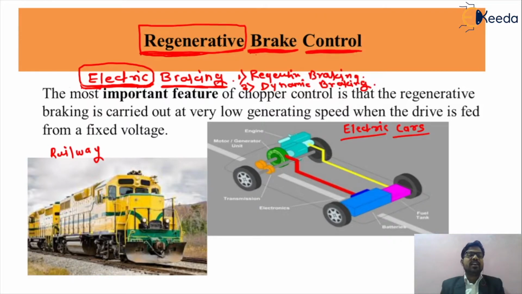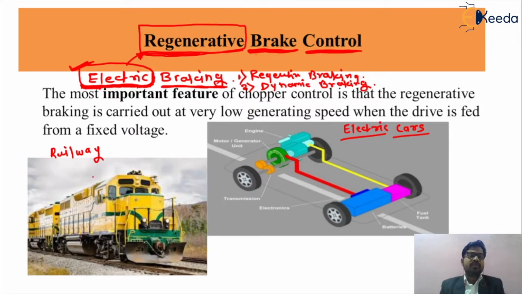So what are the different advantages of electrical braking? Due to the presence of the electrical circuit, the response of such braking is very fast, and by the use of different power electronic devices along with the electrical circuit, braking has less noise and fewer losses. That's why in day-to-day life nowadays we prefer electrical braking instead of mechanical braking. Regenerative braking is one type of electric braking circuit. I think everyone has got a detailed idea of what we mean by regenerative braking.